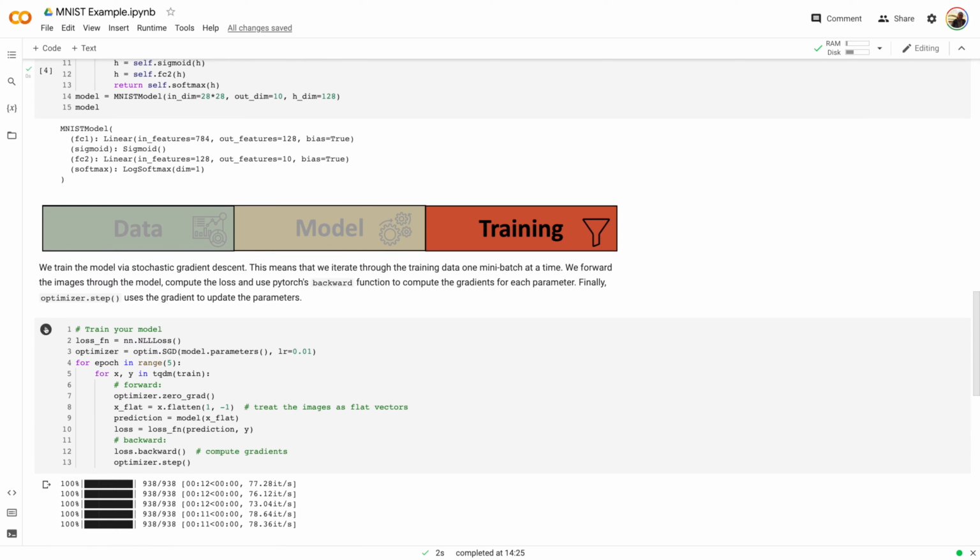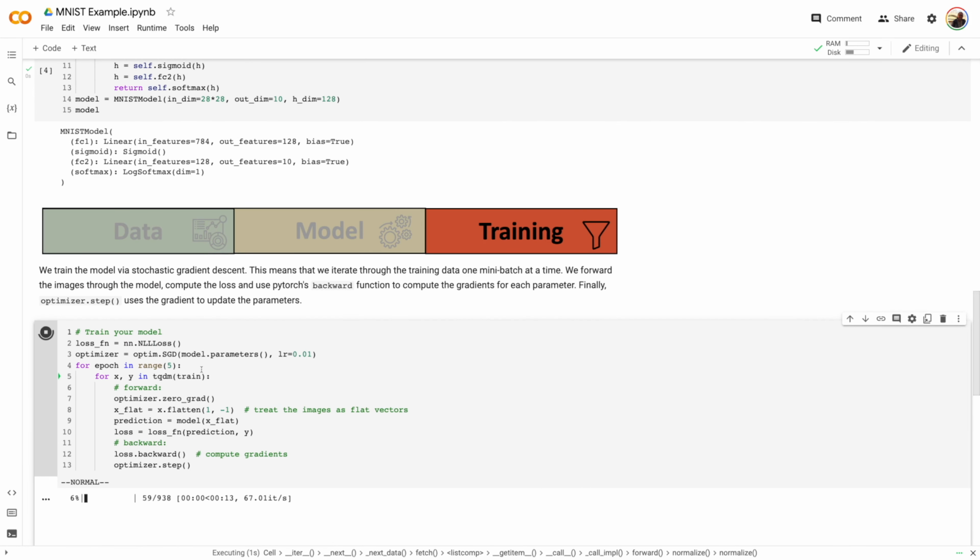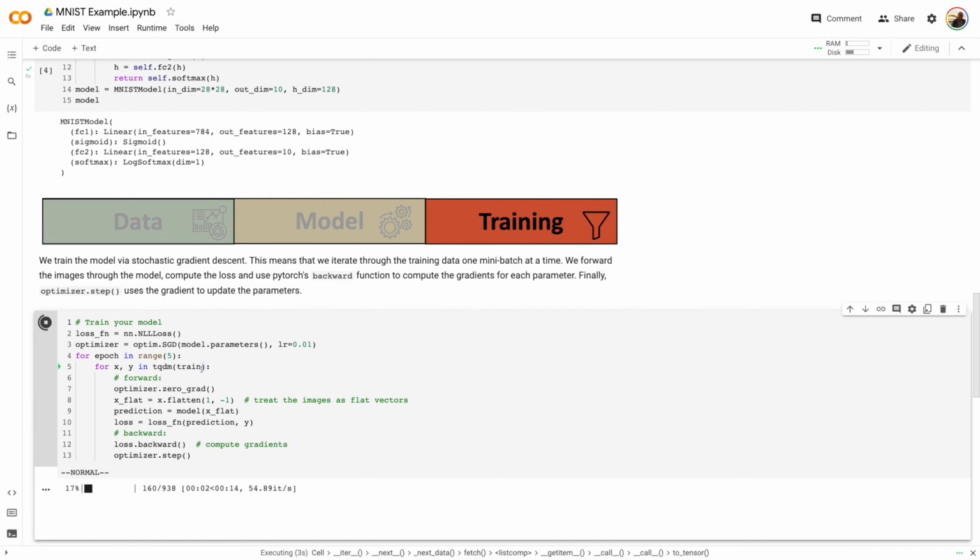And for that, we follow the principle that we actually developed in the course. So here we first define a loss function, so an objective. We have an optimizer, which is gradient descent, that performs the updates on our model parameters and has a learning rate. And then we iterate through our training data for multiple epochs, so multiple passes through the entire training data, and for mini batches in each of these